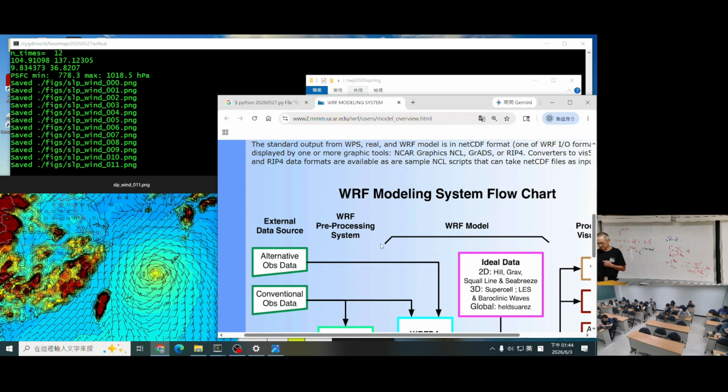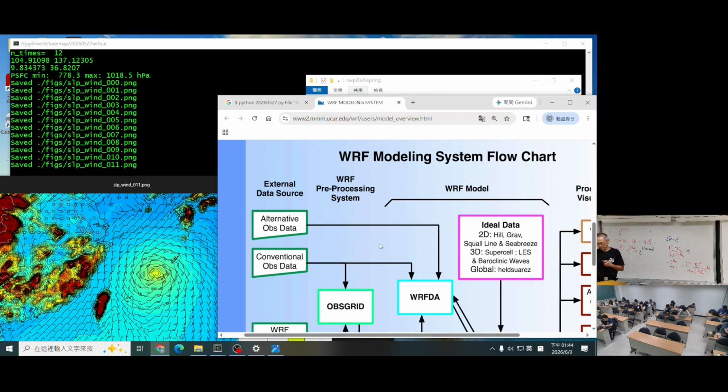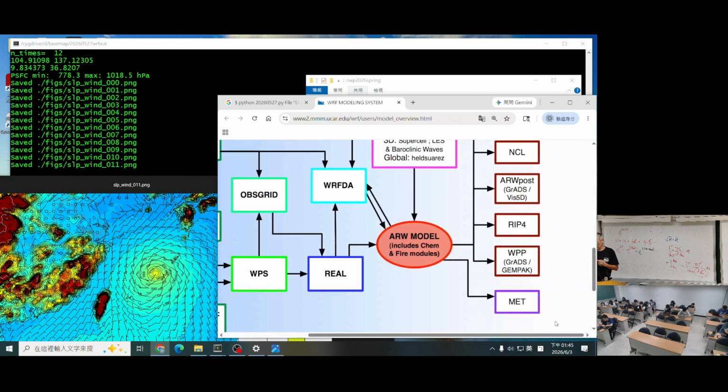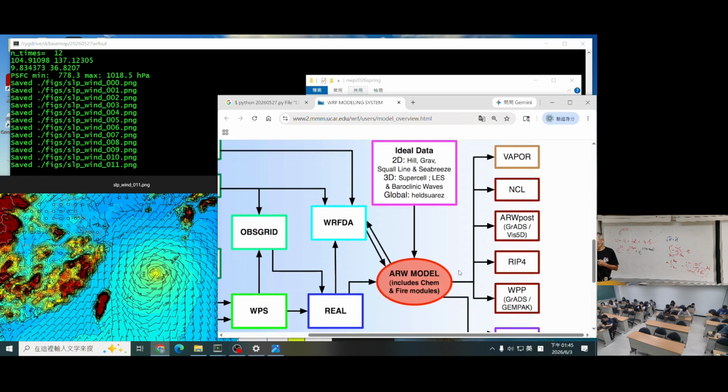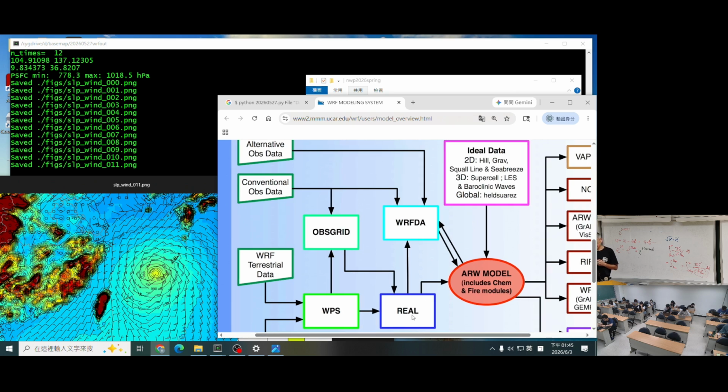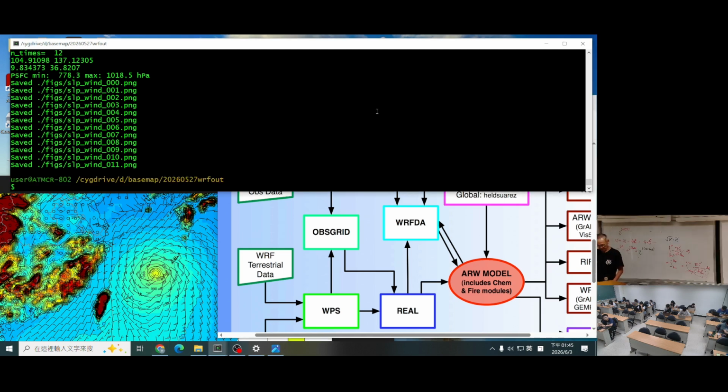Then this is the preparation for the models. So here you see the WRF pre-processing system, which means that you have to prepare the data so that it can be used as input to the models and then to run the weather prediction. So these we call pre-processing, and this is the data, and what you see here, real here means the real data. So I can show you how we get this data for your information. So if I come back to here,